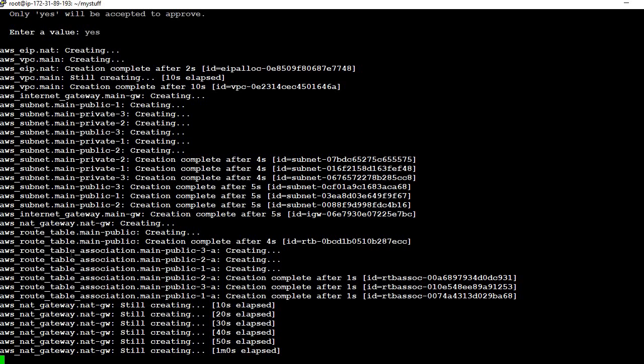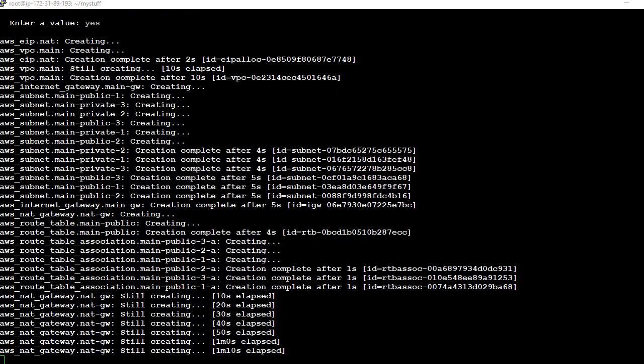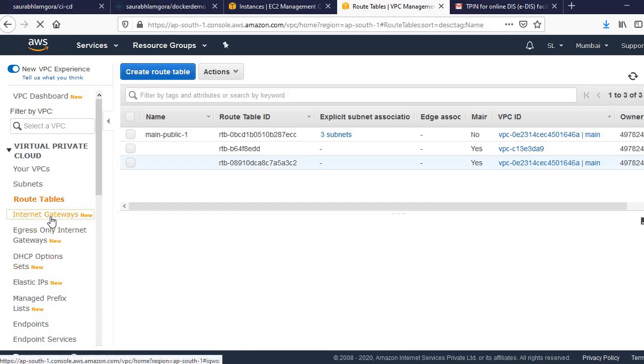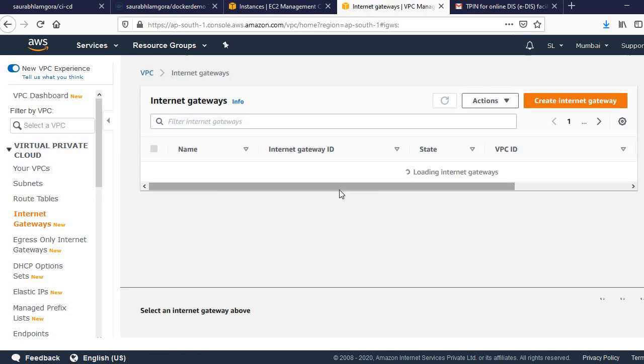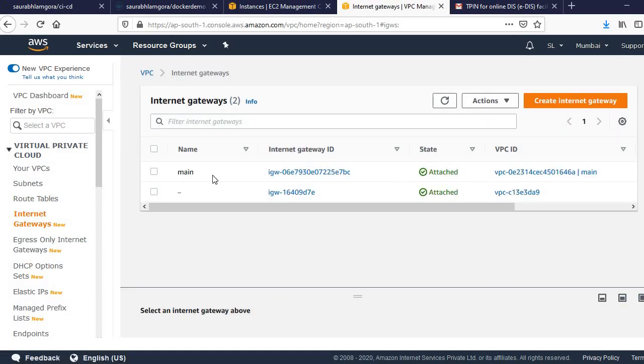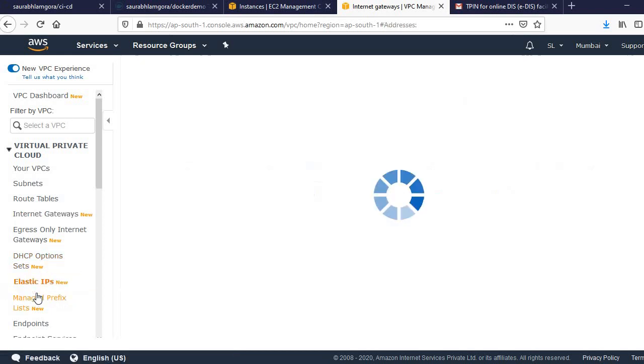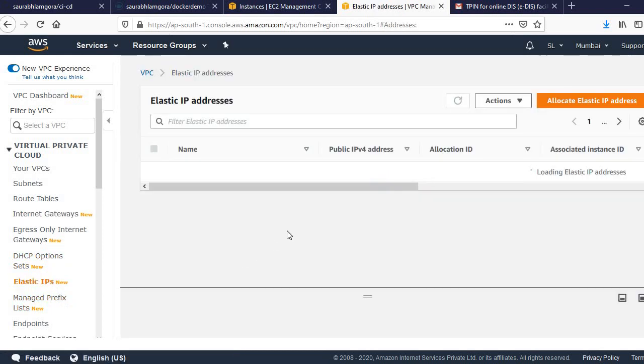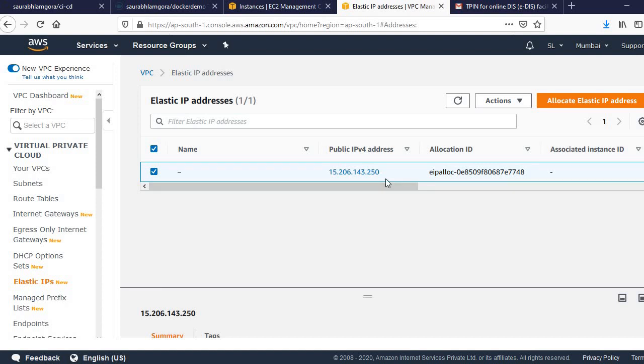The internet gateway has been created and attached. You can also see that one elastic IP will be associated with the NAT gateway.